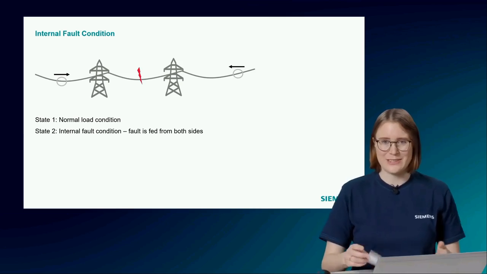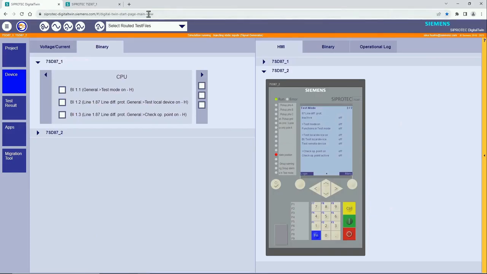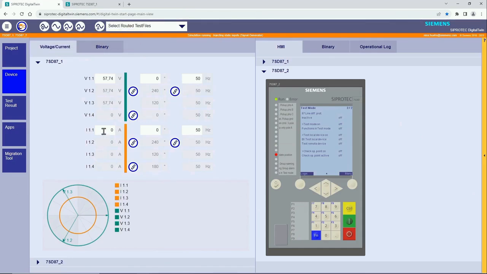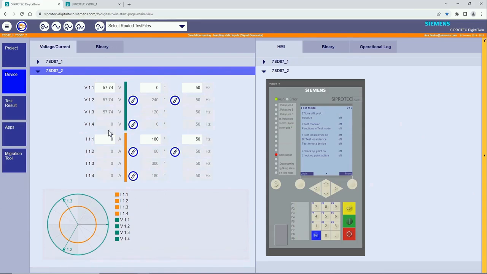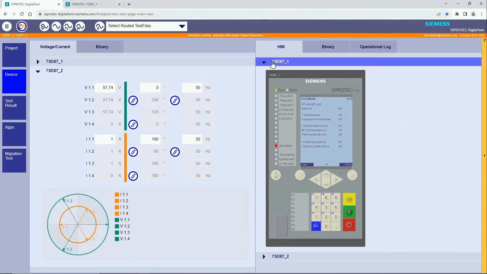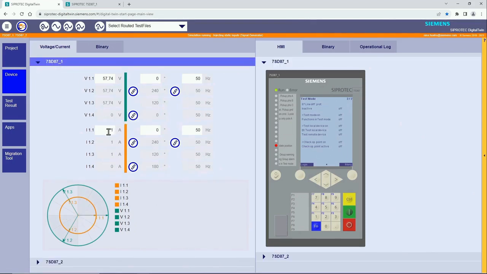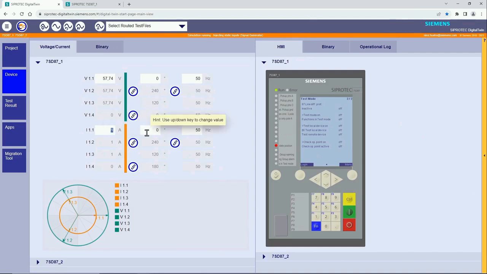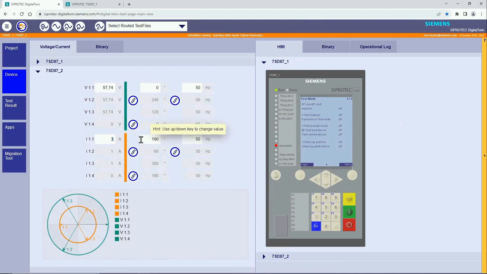Okay, so let me jump back to the digital twin. And we start with normal load condition and then simulate this fault condition. So we start with 1 amp on both sides, and then I will increase the current on both sides and change the angle from 180 degree to 0 degree. That means,